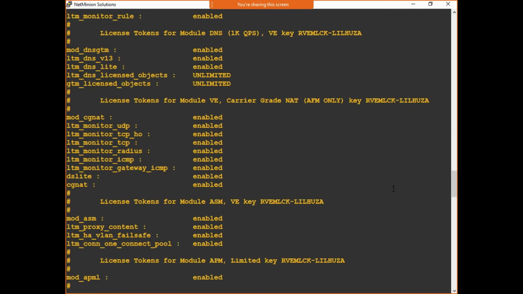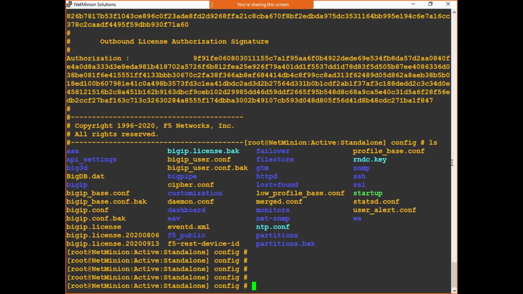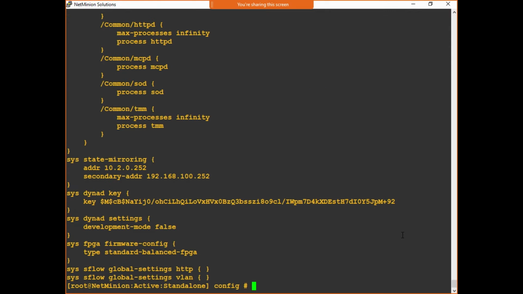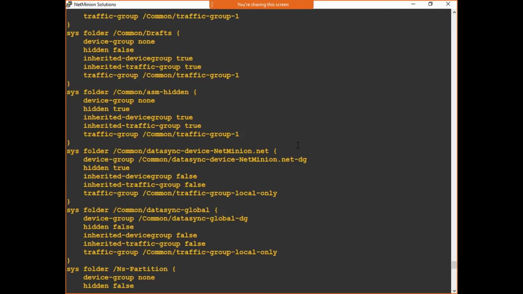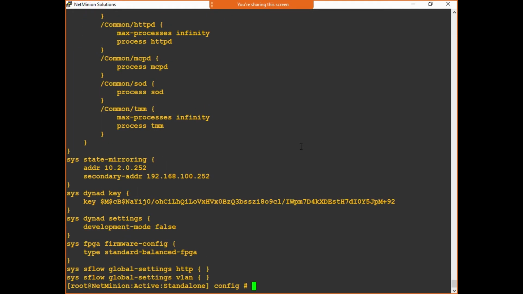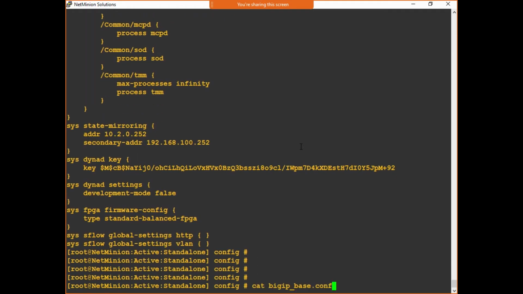Similarly, if you check the ls again, you can find out that there are lots of other files also, like bigip_base.conf. Can you see this base conf? So let us cat the base conf, and you will be able to see whatever the base config is, what is in my BIG-IP base conf. It shows the base level network and system configuration, like VLAN, system profile kind of stuff, right? So this kind of thing you can see over here.